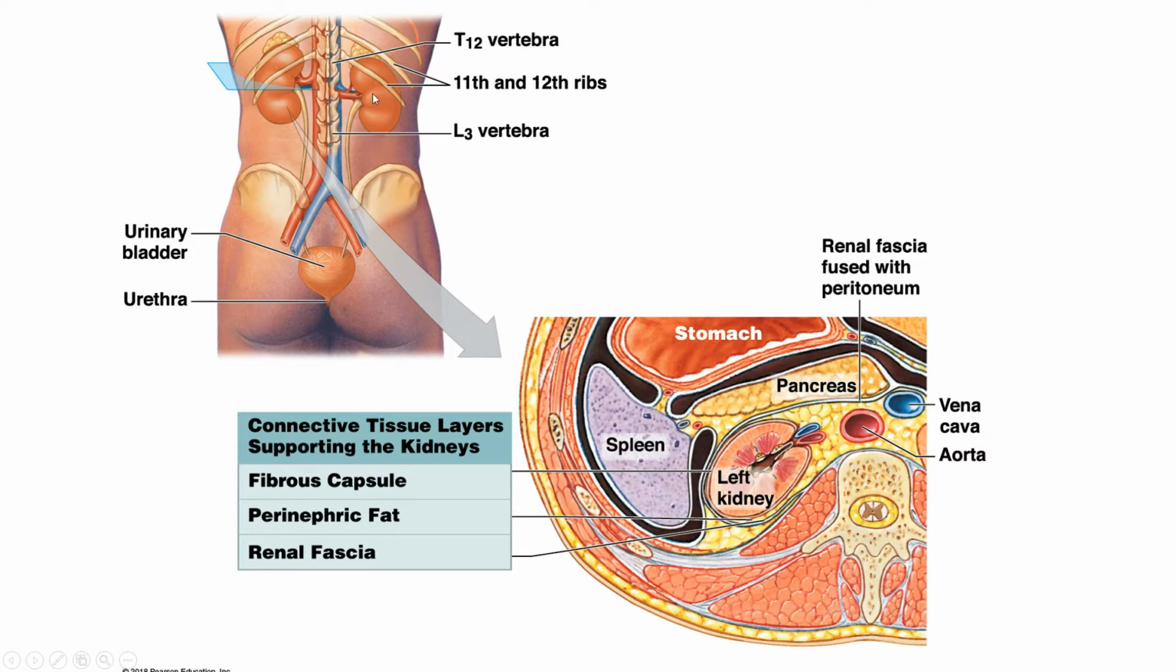When you compare the right to the left kidney, you would notice that the right kidney is going to be slightly inferior to that of the left kidney, because the liver, which sits primarily on the right side, will displace that right kidney. The kidneys are positioned between the T12 vertebra and of course the L3 vertebra, and of course the 11th and 12th rib will provide protection for